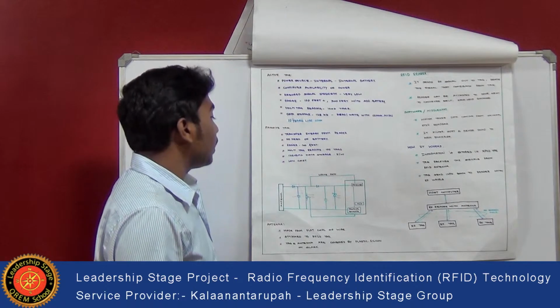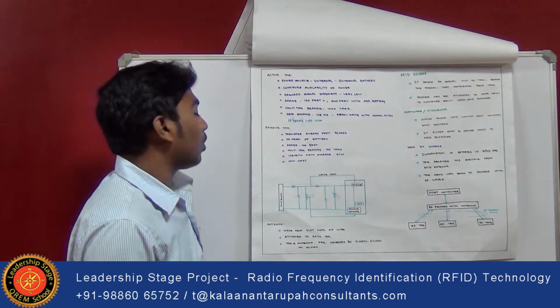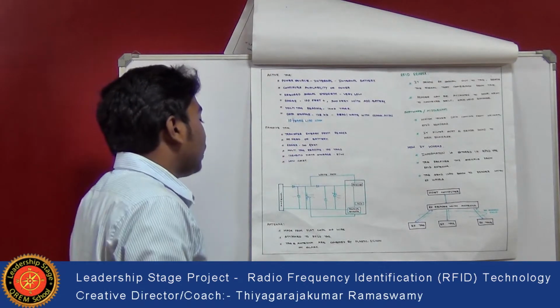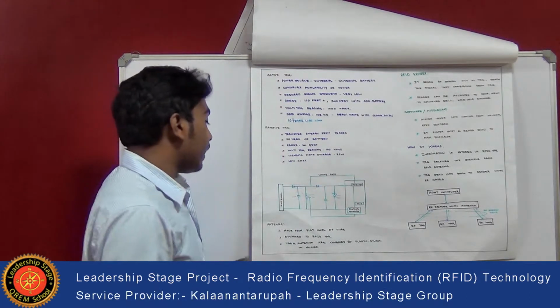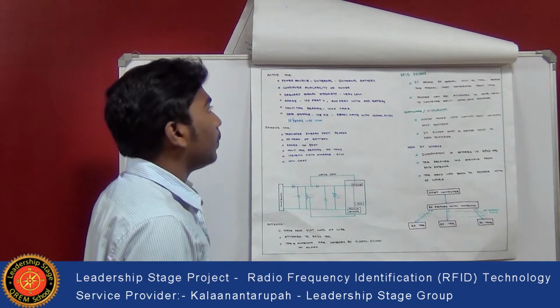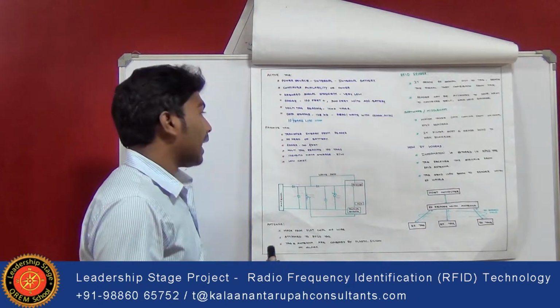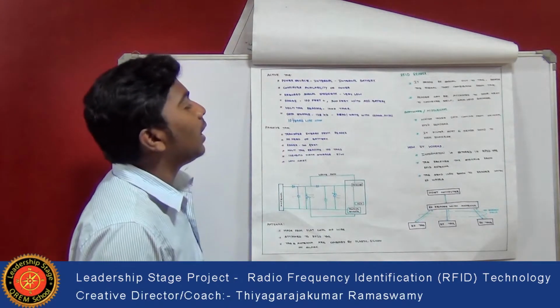And the antenna is nothing but a coil or a wire that may be flat or circular. It is attached to the RFID tag. The antenna may be covered with plastic, silica, or a glass plate. Coming to the RFID reader, it is a device.